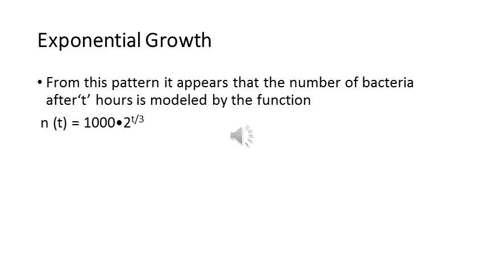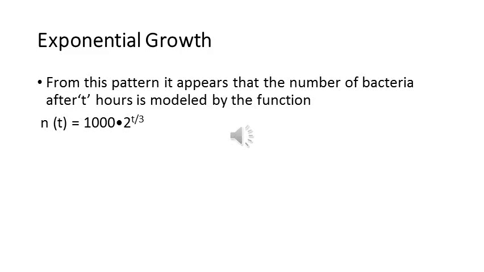So by this exponential model we can calculate the number of bacteria after t hours. From this pattern it appears that the number of bacteria after t hours is modeled as N(t) equal to 1000 times 2 raised to power t by 3, where t by 3 is taken because the doubling time is 3 hours, and after every 3 hours the population is doubled. So the formula is 1000, which is the starting population, and 2 raised to power t by 3 is the